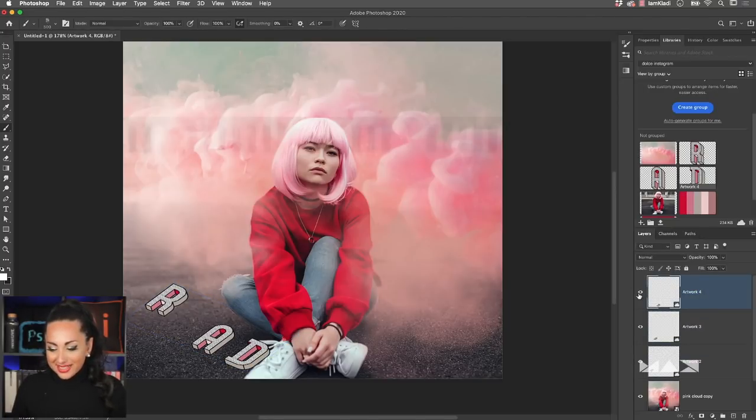And now I'm going to select one letter at a time. I'm going to actually start by naming them so it's not very confusing. So this is the letter D, and this is the letter A. And again, double click on the side of the layer in order to rename them.